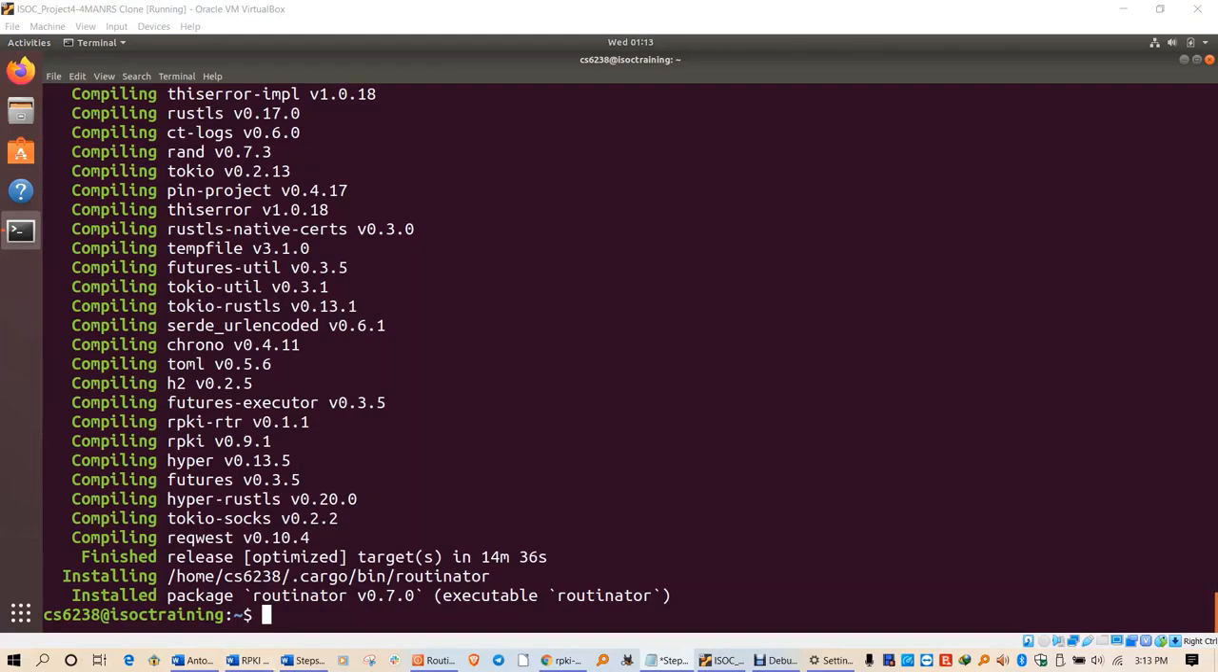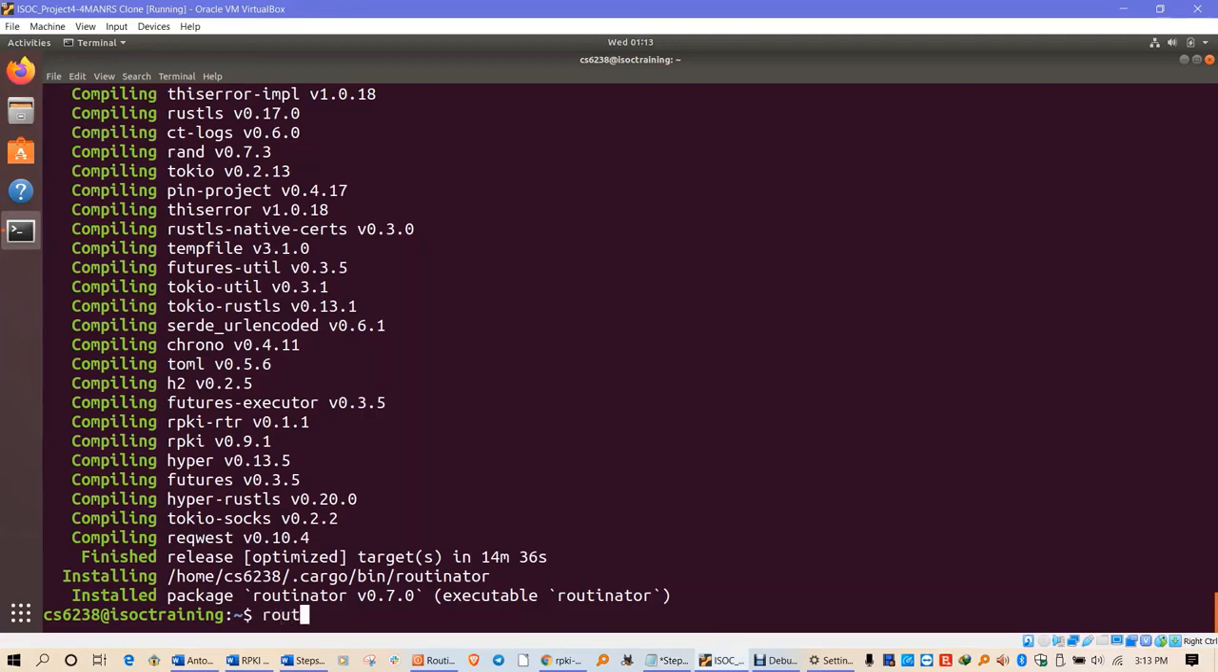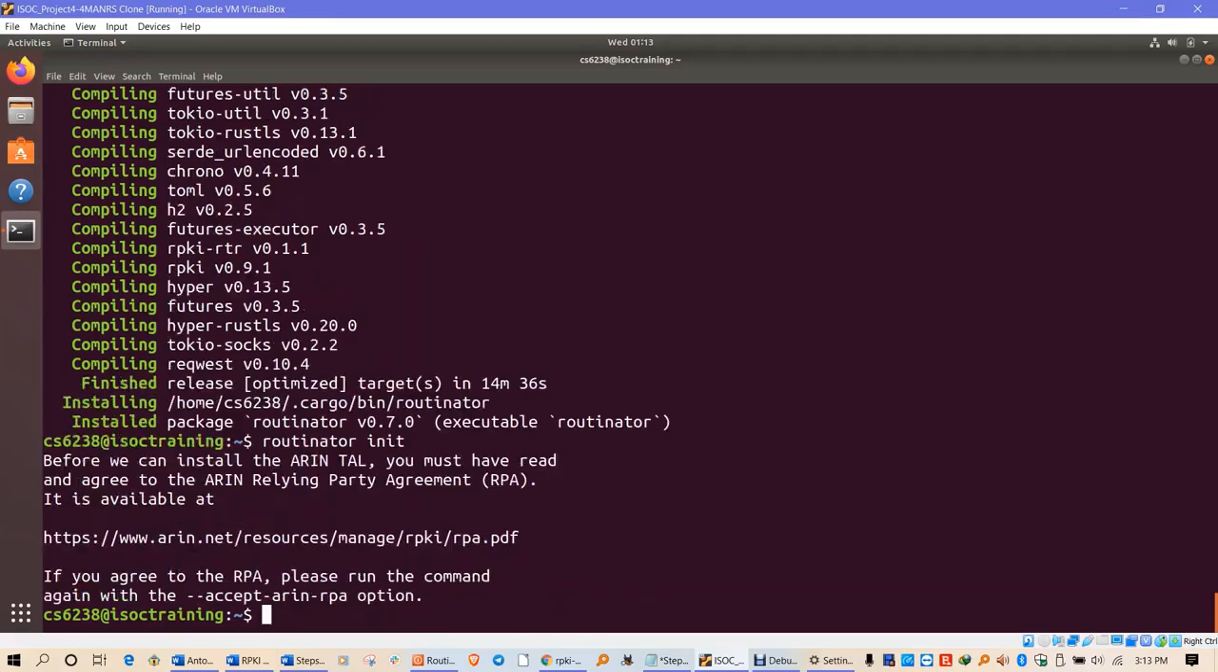So to initialize the Routinator, we run the command routinator init. This will initialize the Routinator, but you realize we get an error because this is the first time we are running the Routinator, initializing Routinator. And for ARIN, we have to accept their agreement. So we have to run the same command with the option accept